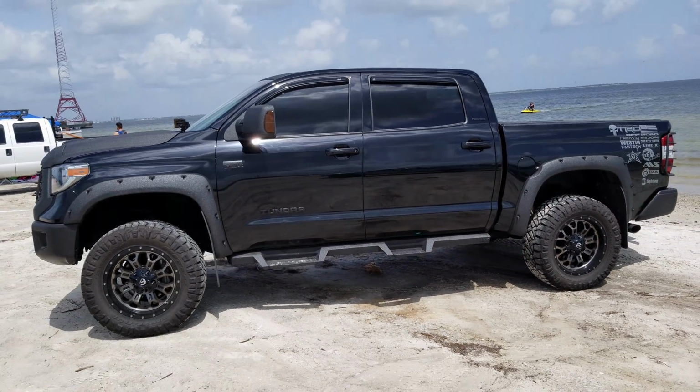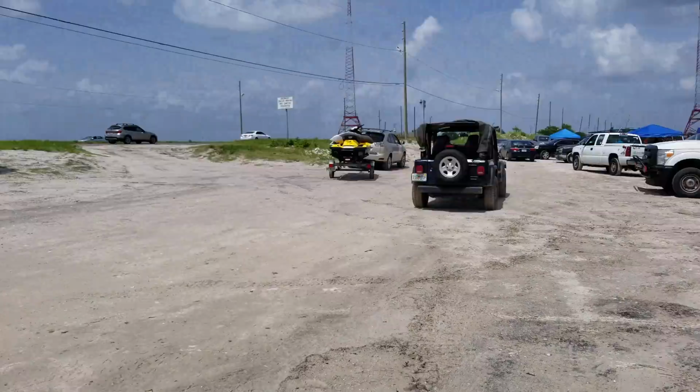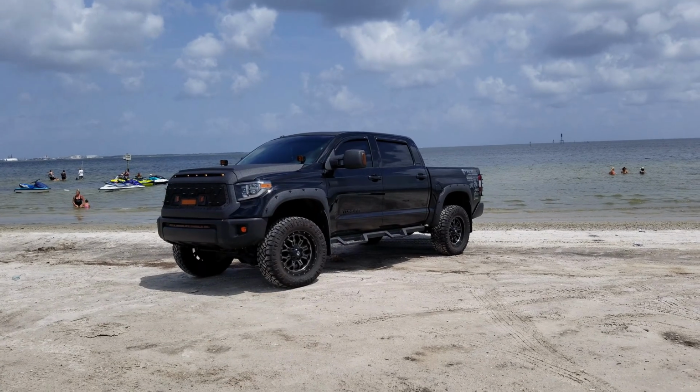Yeah, that's pretty much it. That's really where the truck's at right now. Now you might have seen two things in the interior, which I will show in the next two videos. But until then,